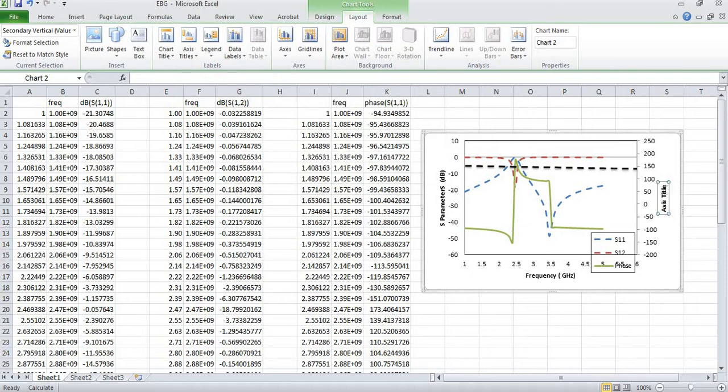So here I will name it phase, and phase will be in degree slash degree. Okay,